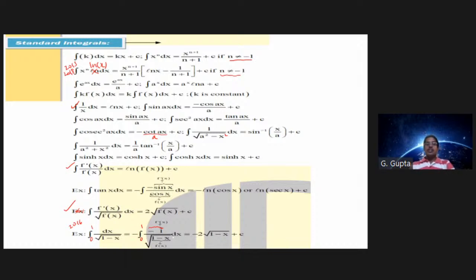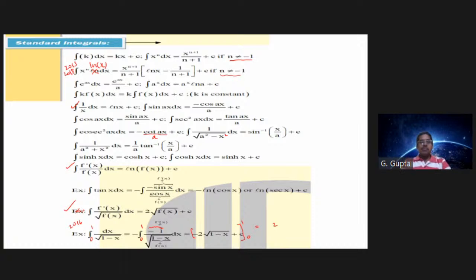So it is 2 root fx. Outside, the minus is already there. So between the limits, whenever there are limits, you can drop the constant c, ignore the constant c. Okay, so this simplifies to plus 2. So whenever you are given a problem based on these standard integrals and methods, it is either 1 mark or 2 marks, no problem. If a given problem is not applicable by these methods,